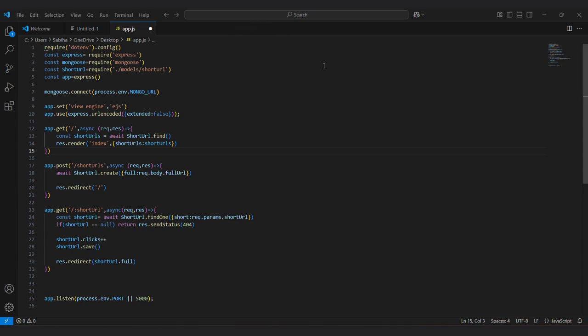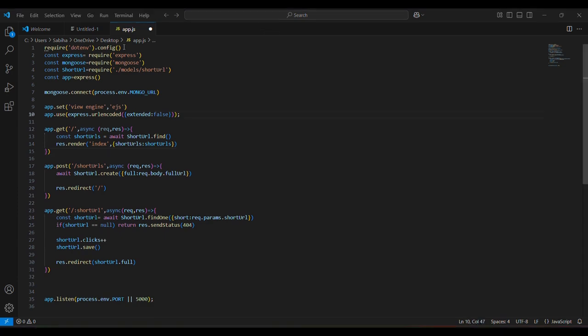The title of our project is Scalable URL Shortener with Auto Scaling and Load Balancing on AWS. I am going to explain about the backend file. So let's start. First we have require dotenv config, where